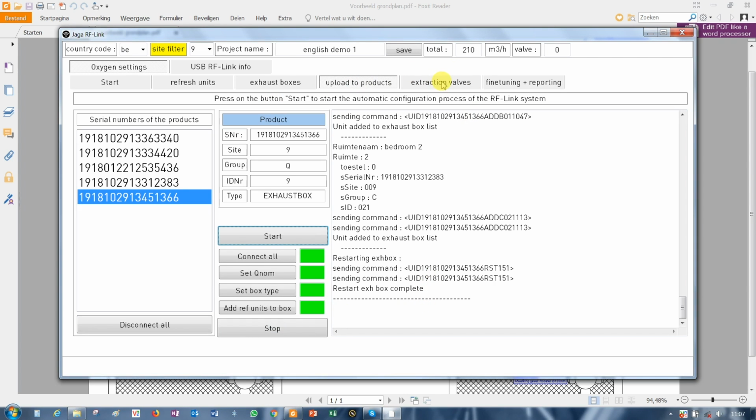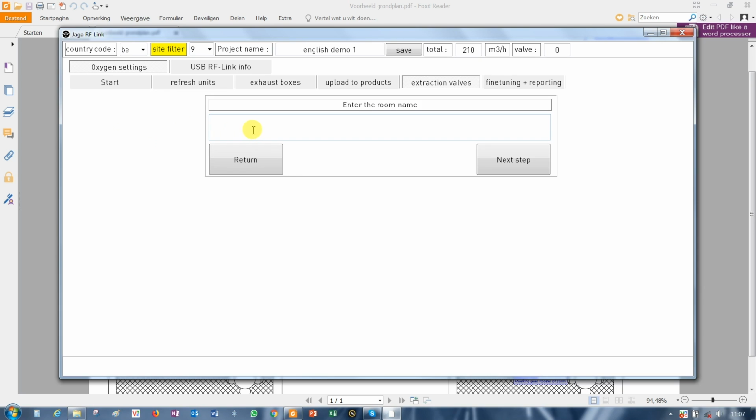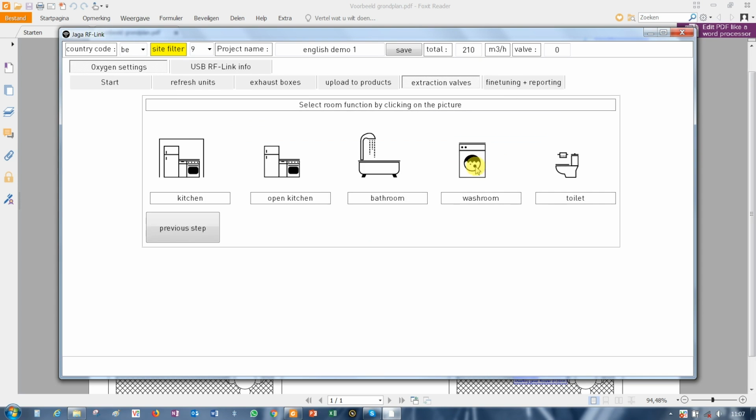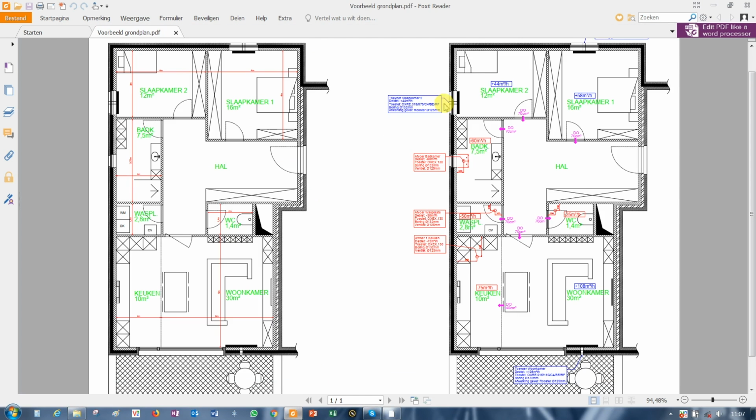So the next step is to install the actual extraction points. So we need to add our rooms again. We'll go back to our add room point, and in the room, so the extract point is going to be in a bathroom. Next step is the bathroom, and in this case, again, back to our plans, we can see our bathroom here needs 60 meters cubed per hour,